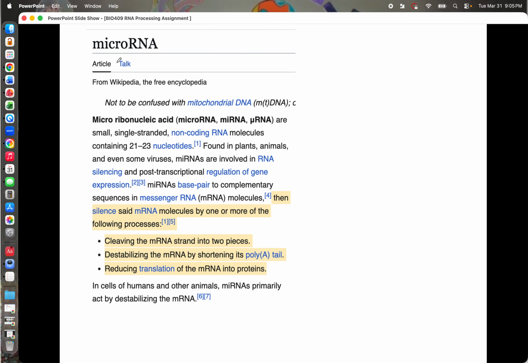Great. Okay? And so a little bit about microRNA. They silence mRNAs by one or more of the following mechanisms. They can cut it, but people more often want to emphasize they reduce translation. That's the dominant thing. So it's not a perfect distinction, and that's why scientists were a little bit confused over